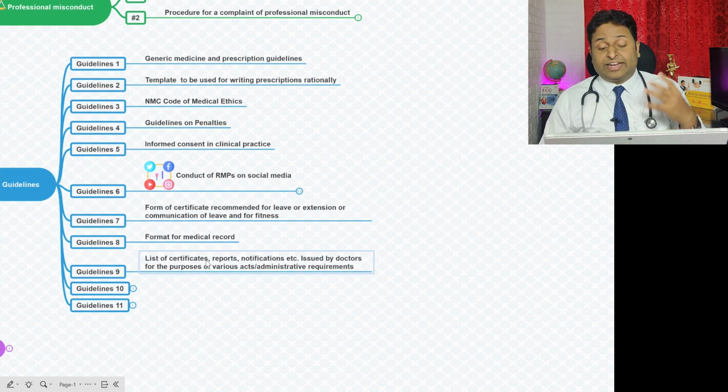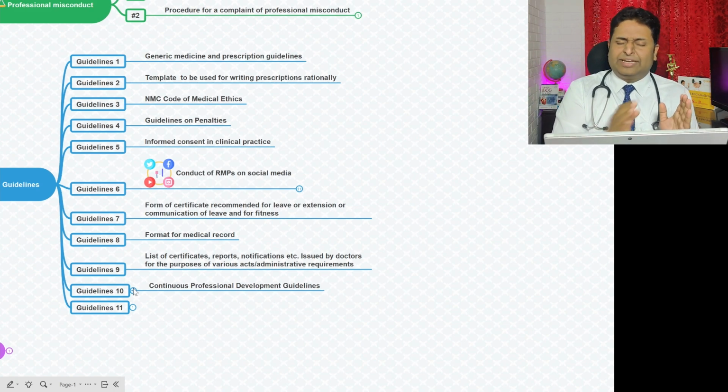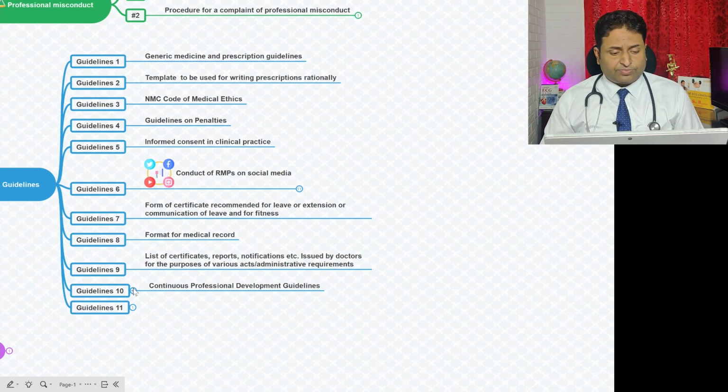A list of certificates, reports, notifications issued by doctors for the purpose of various acts and administrative legislation is also listed here. And the continuous professional development guidelines are a huge chapter, and a lot of documentation is present in this CPD guidelines. Please go through it in detail if it is relevant for you.